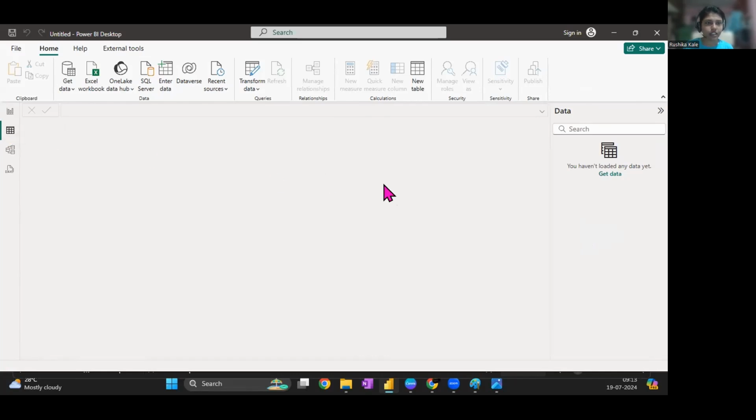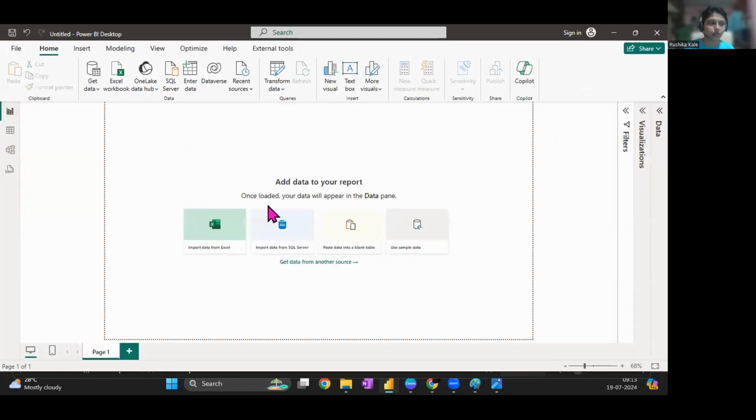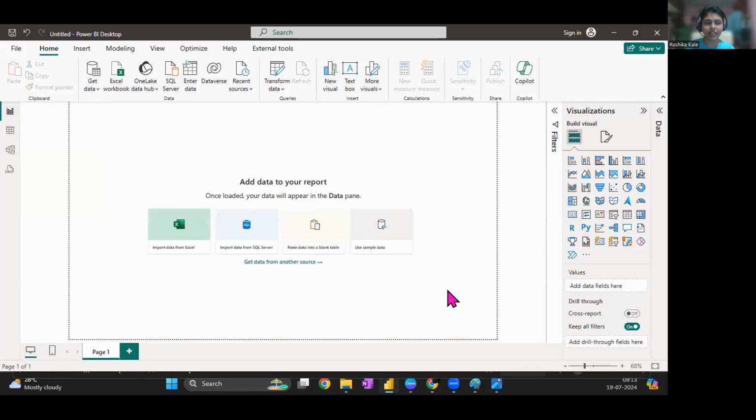In table view, you won't be able to see anything else, only the data in the format of a table. Only in the report view can you see the visualization part, create something, design something and all of those things. I will give that interface introduction again in the next lecture.